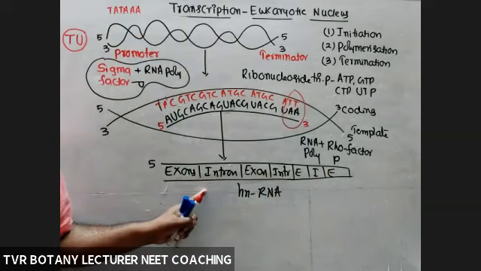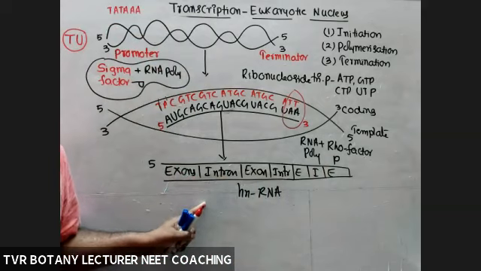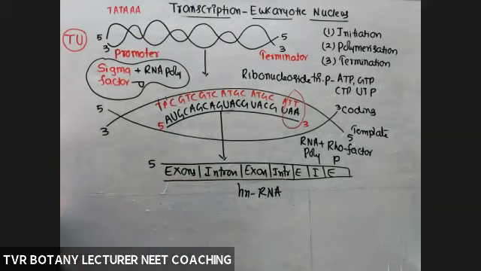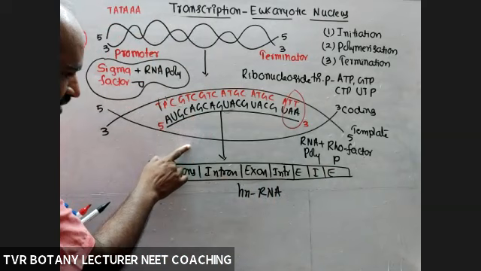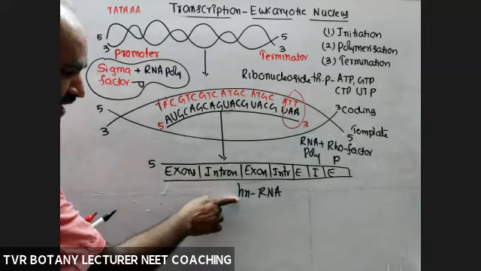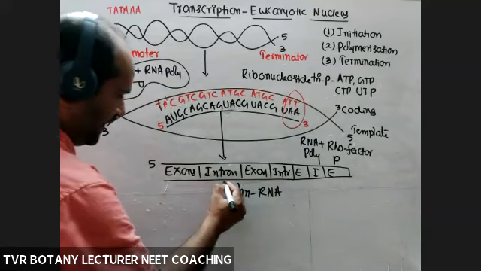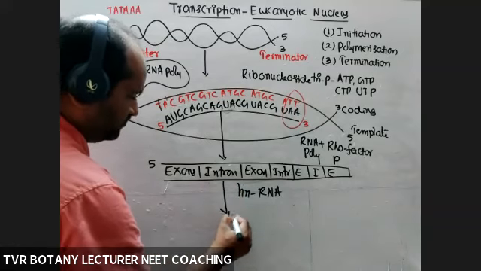This is not suitable for translation. Processing is required. That is a second complexity. So here in our textbook, they explained the mechanism of transcription for the synthesis of hnRNA, and they didn't explain the transcription of ribosomal RNA, tRNA. Only hnRNA and mRNA was given. Okay, so next one is processing.